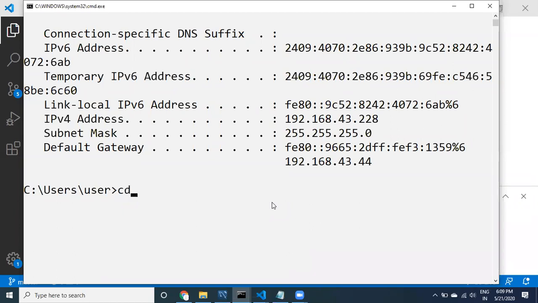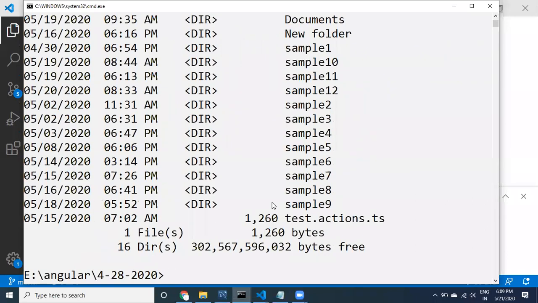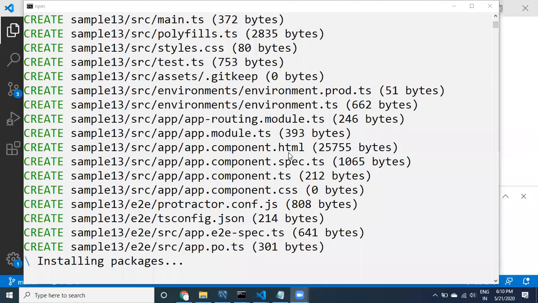To do so, first I will take a new project. ng new sample30.